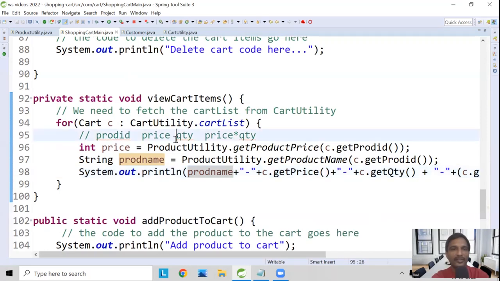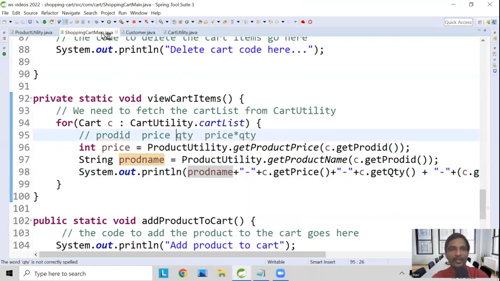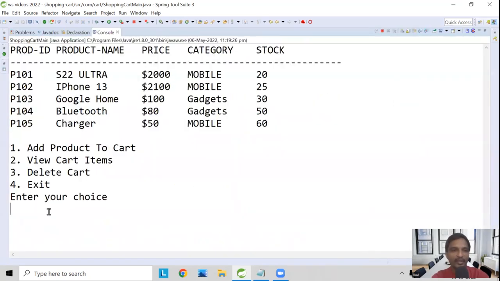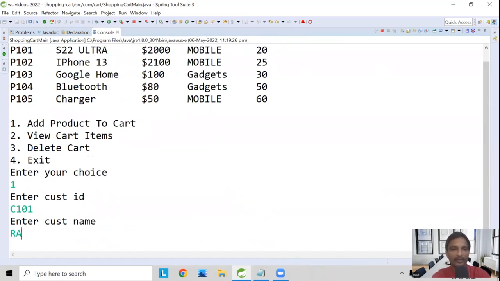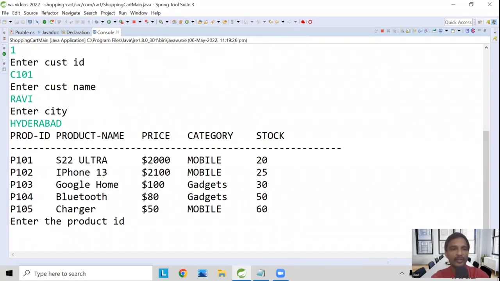Now let me test run this program again. Right click, run as Java application. Now when I run this application, I get the console window like this. I choose option number 1, add product to the cart. When I hit enter, I'm asked for the customer ID, customer name, and then city. And after this, I want to enter the product ID that I want to add to the cart,